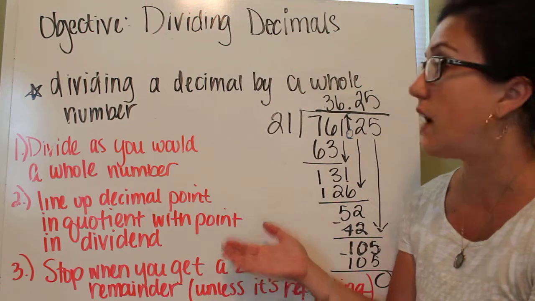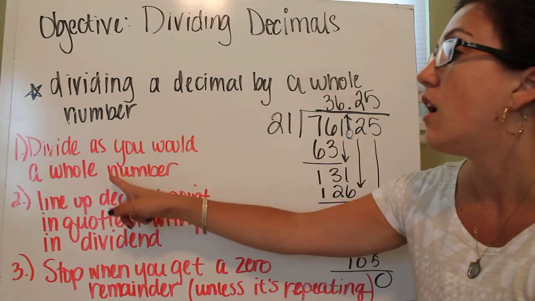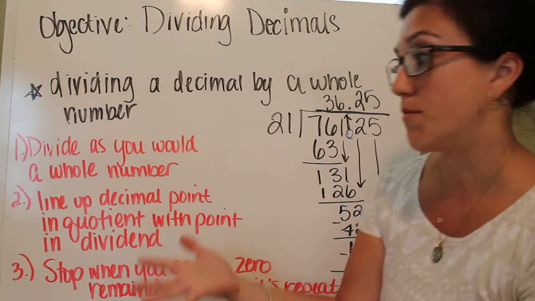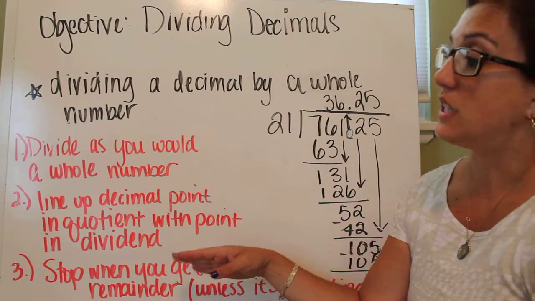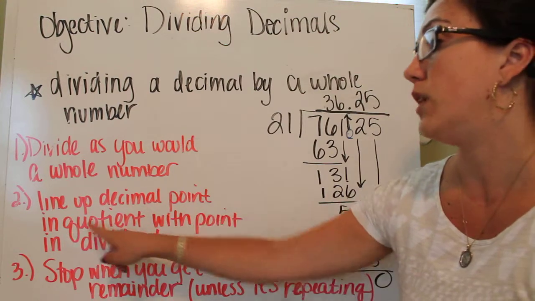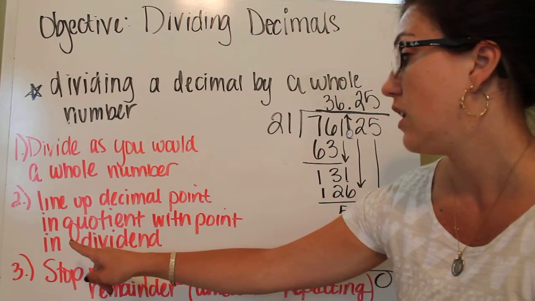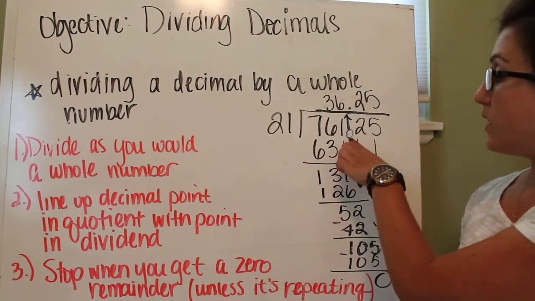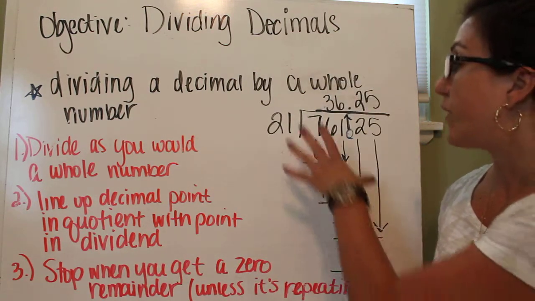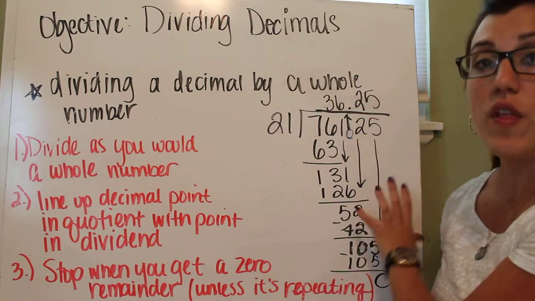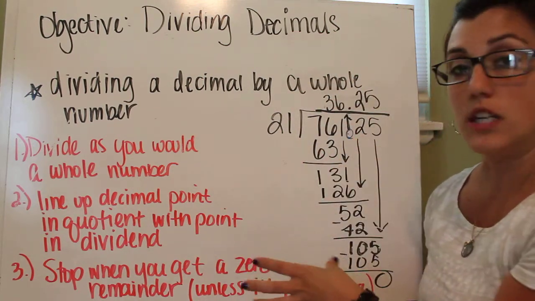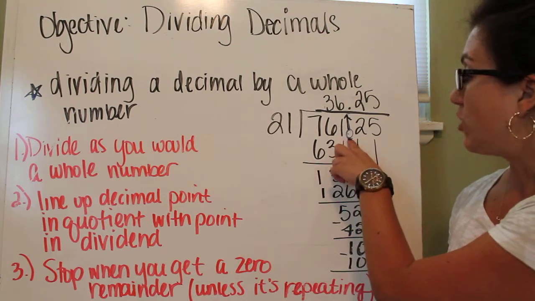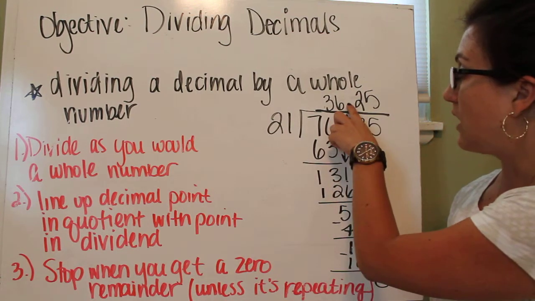So in order to divide a decimal by a whole number, you simply divide as you would any two regular whole numbers. The only difference is step 2. You're going to line up the decimal point in the quotient with the point in the dividend. So here is my example problem. I went through and I divided the whole thing as I would a normal long division problem. The only difference is I took my decimal point and I put it directly above